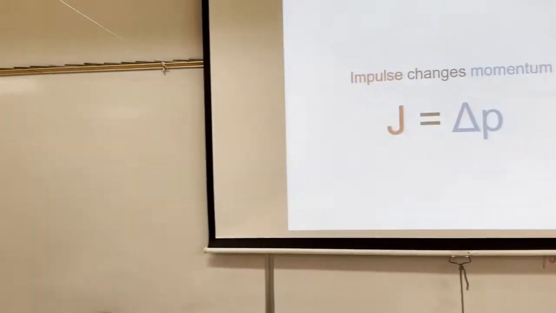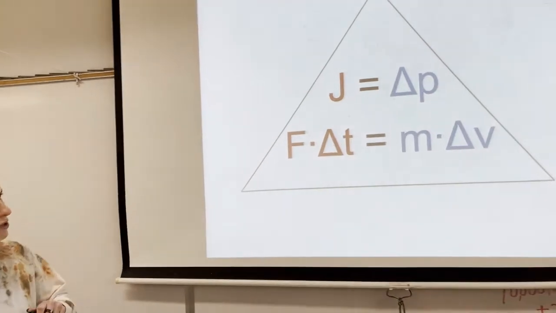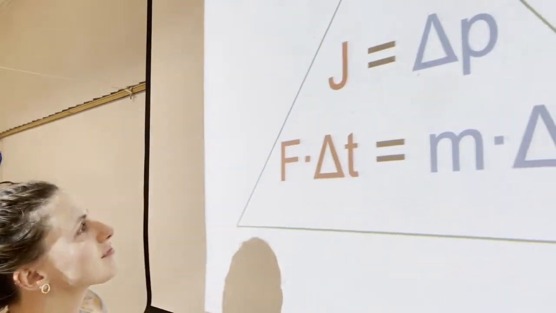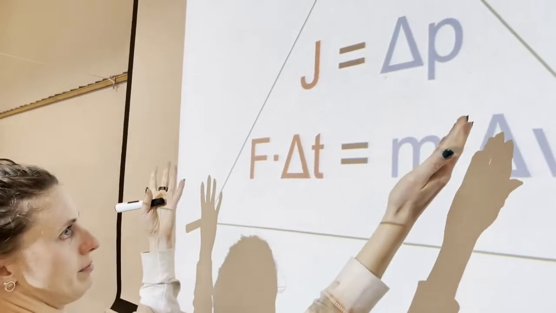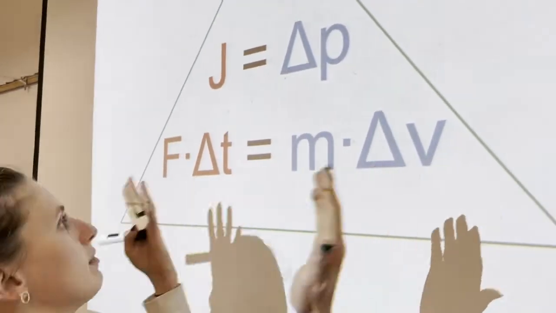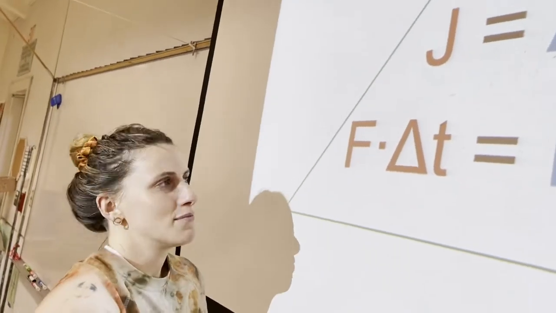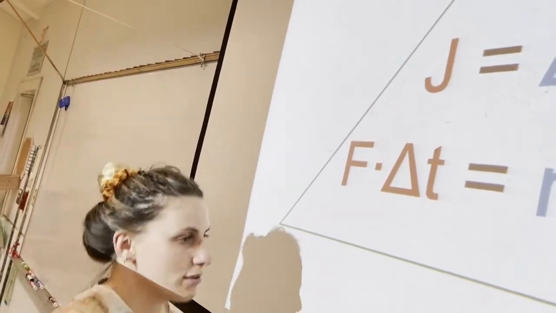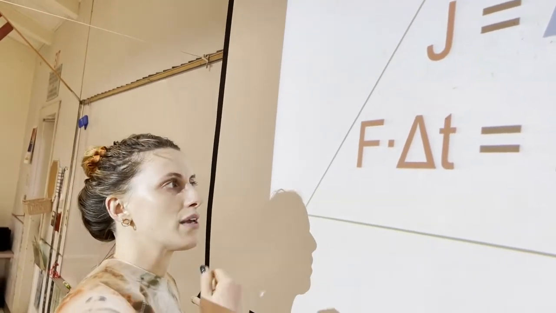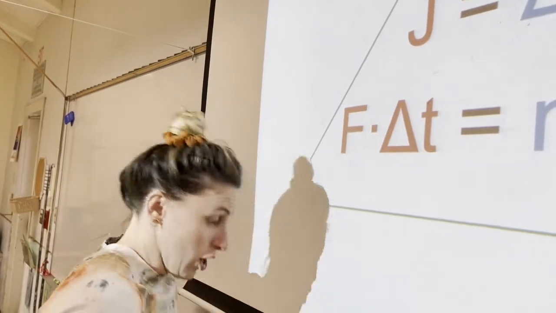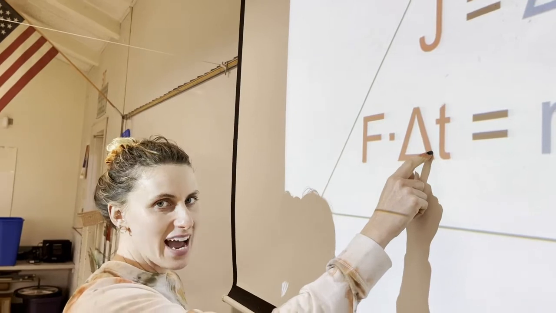So the impulse is the same. The impulse changes momentum like we just talked about. The mass and the velocity were the same. But we experienced some different feelings, right? When we landed with our knees bent, it didn't hurt as much. There was not as much force. But when we had our straight legs, it hurt more. And why is that? Because we're changing the time interval.